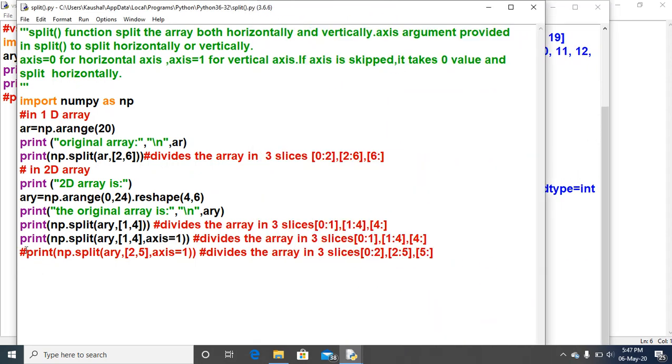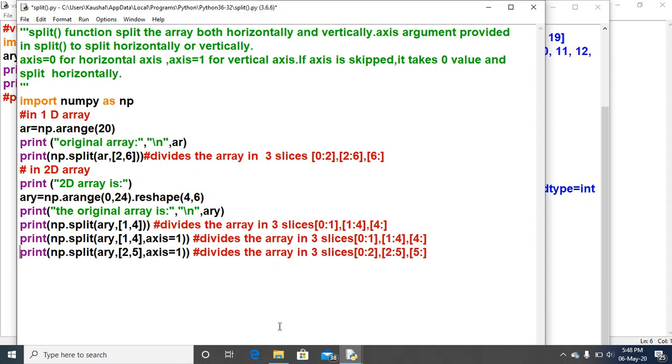The third one I have made a comment, because here I have created the n value as 2, 5. So 2, 5 means 0 to 2, 2 to 5 and 5 colon. Just look at here, 3 slices, 0 to 2, 2 to 5 and 5 colon, and axis remains the same as 1, that is, vertically.